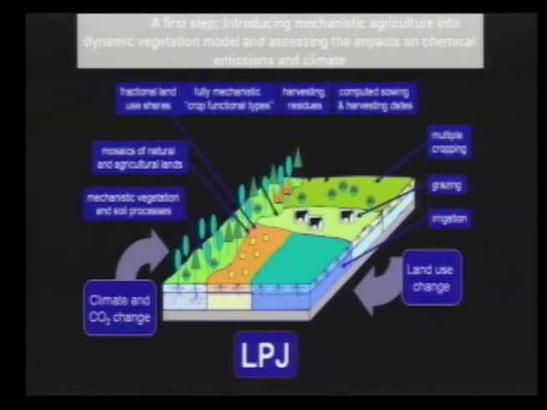Perhaps the first step is really to take the problem from the issue of land use change, and we now have sufficiently detailed land surface models that probably here we could see climate almost as an input, as a forcing, as well as CO2 change and the land use change. We could start really bringing the human dimension into this Earth system model, because that has an impact not only on the climate, but also on the composition of the atmosphere. And looking at how the chemical composition has been affected by land use change, I think, has never really been done.